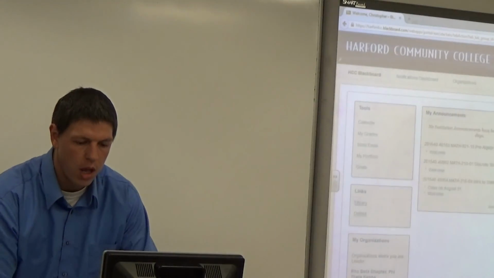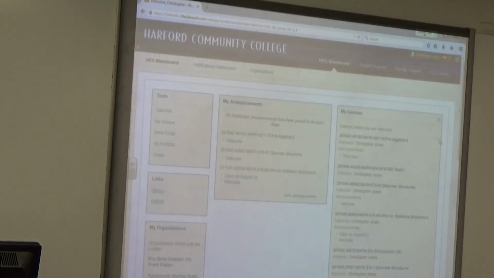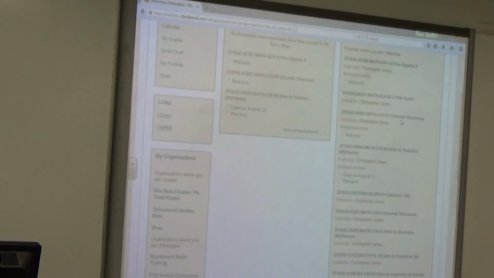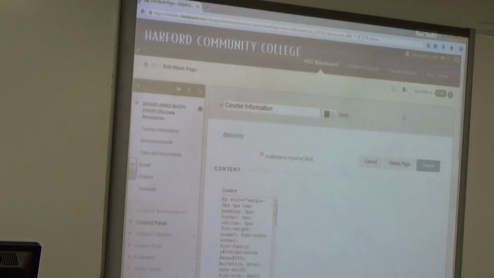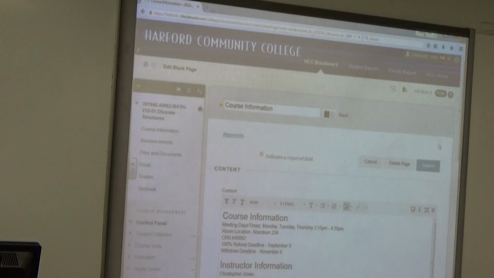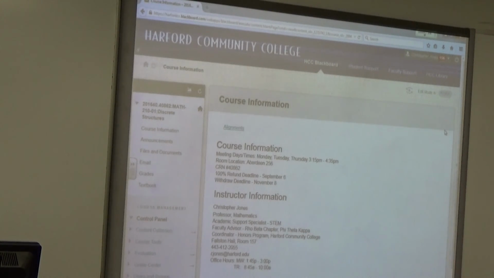All right, so since we are in discrete structures, let's go to discrete structures. Sounds like a good idea, right? And I'm going to look at the student view, that way. So when you log into Blackboard, the first thing you guys are going to see is the course information. So let's say on Wednesday, you forget where the class is, you forget your syllabus,